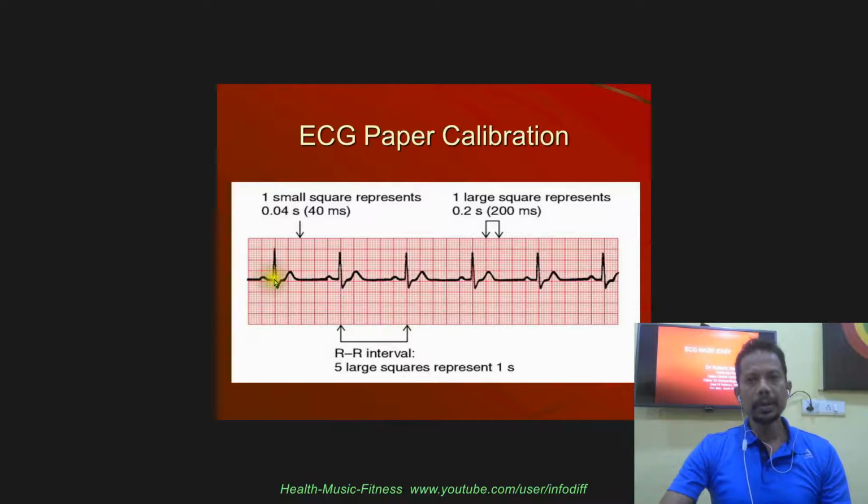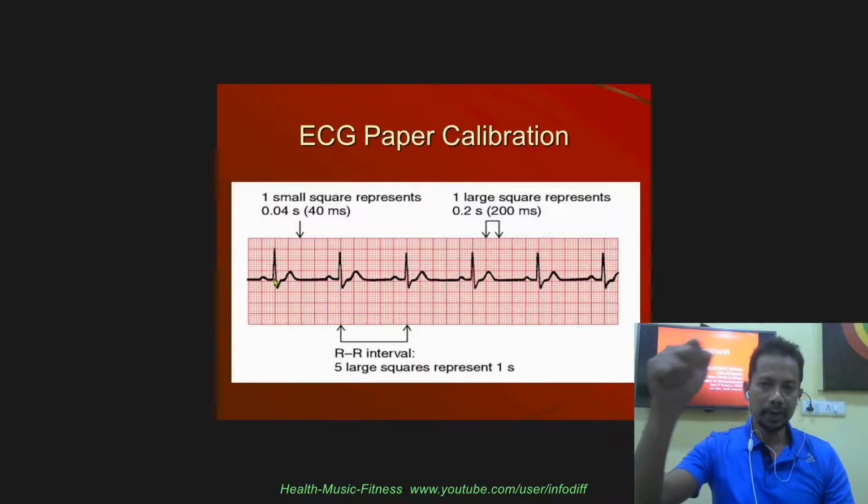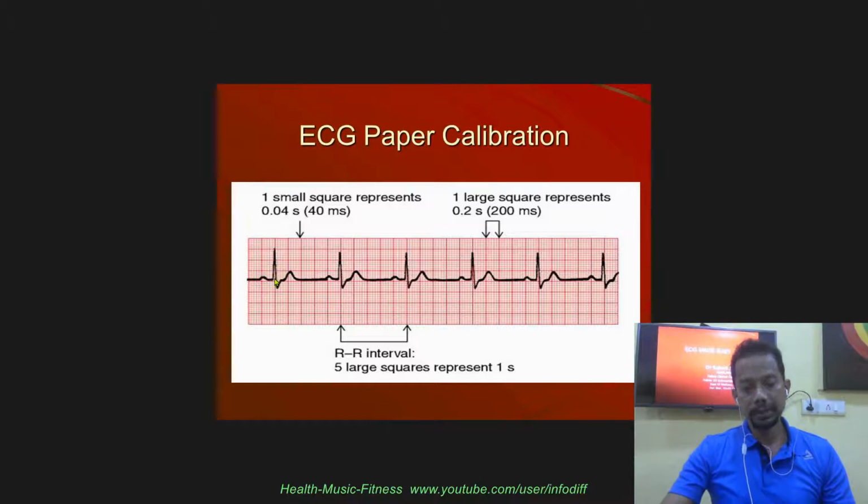Also you should know, the left ventricle is very bulky, the right ventricle is not so bulky, because the right ventricle just has to pump blood into the lungs. So not much effort is required for that, for a normal right ventricle. So it is not very bulky. And the left ventricle has to pump the blood into the aorta, into the whole of the arterial tree, into the whole of the body. So it is bulky, and so the LV is thick, and the more bulky the muscle, the more the electrical activity recorded on the ECG from that area, from the left ventricle. In other words, the QRS is mainly formed by the electrical activity of the left ventricle.